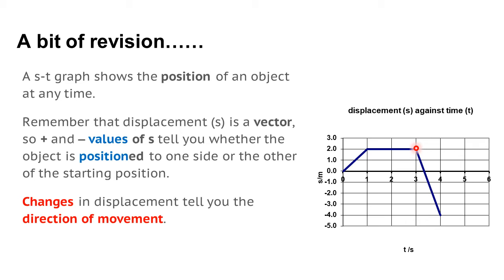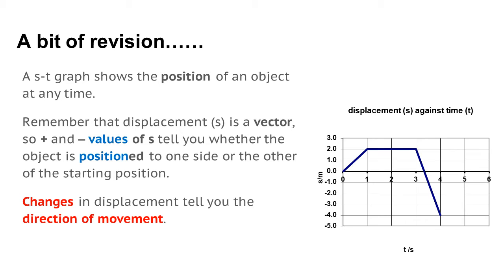In this section here, between 3 and 4 seconds, the numbers are becoming more negative. They're moving to the left on that number line, if you want to put it that way. And because of that, I can tell that the object is moving to the left. Okay, the directions on the number line and the direction it's moving in aren't related, but it gives you a wee